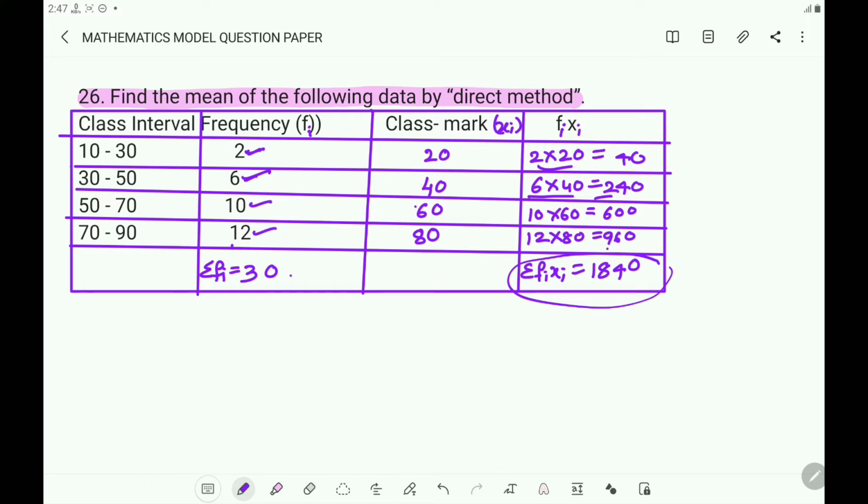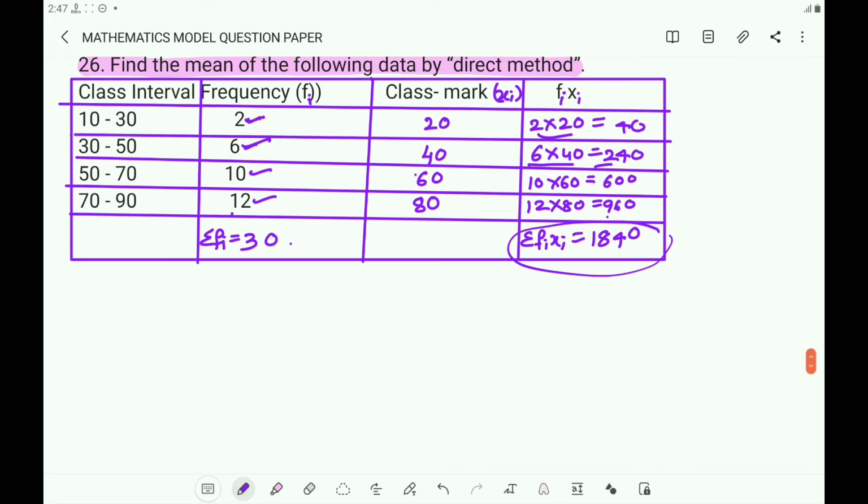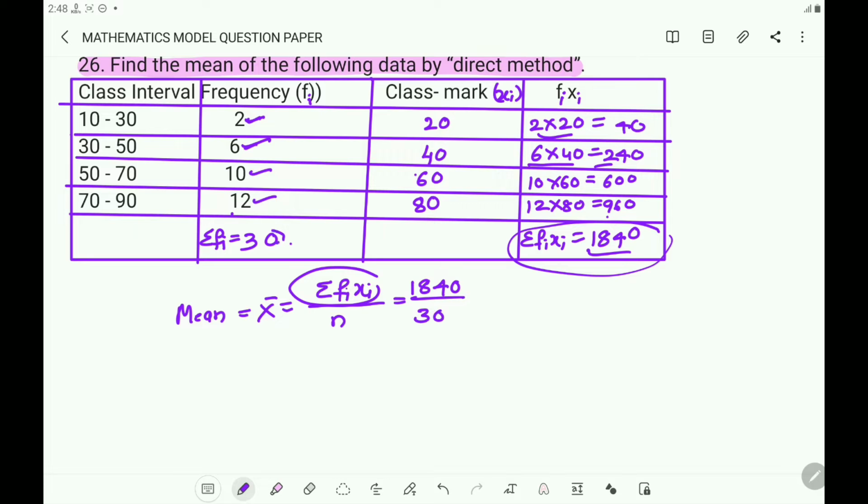Find that sum. And you must know the formula to find the mean by direct method. What is that formula? Mean, x bar, equals summation of Fi xi by n. Then what is the sigma Fi xi? That is 1840, divided by n. N is 30, so you write 30 here and you divide